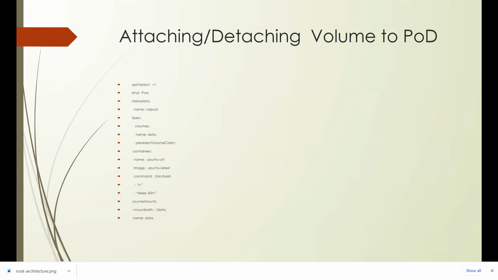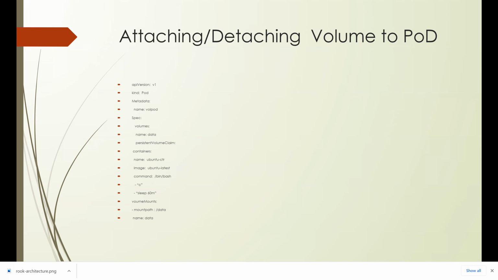And the command, obviously, at the end of it, I want it to execute a command bin bash with a container, sleep for 60 minutes. That means it will run for 60 minutes, and it will mount the volume, and the volume is slash data, and the name of the volume is data. So it will mount on slash data, the volume data, by running this script. So attaching the volume, this is only attaching the volume.